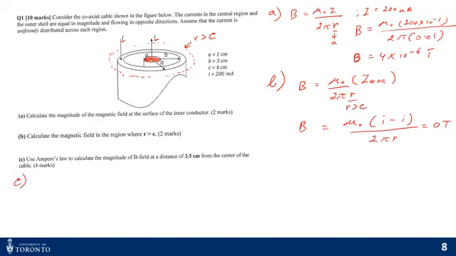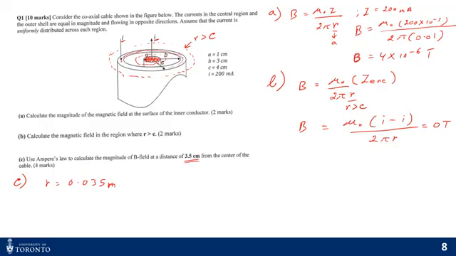Okay, now for part C, they have asked you to find out the magnetic field at the distance 3.5 centimeter from the center of the cable. So that means it is between B and C, somewhere in this region. So you know your R. So your R is basically 0.035 meter, be careful of the units. And now, all right, sorry. So your radius, so you have to take an area which is